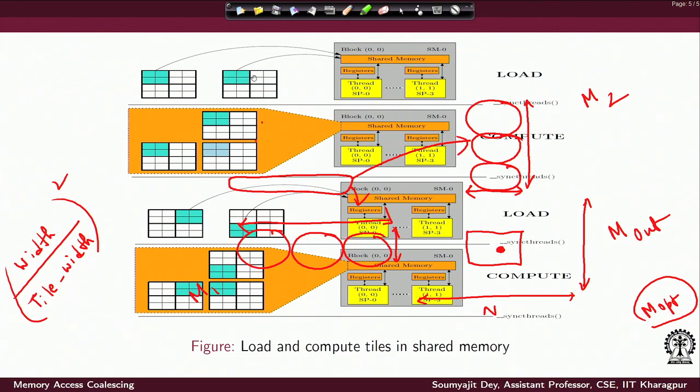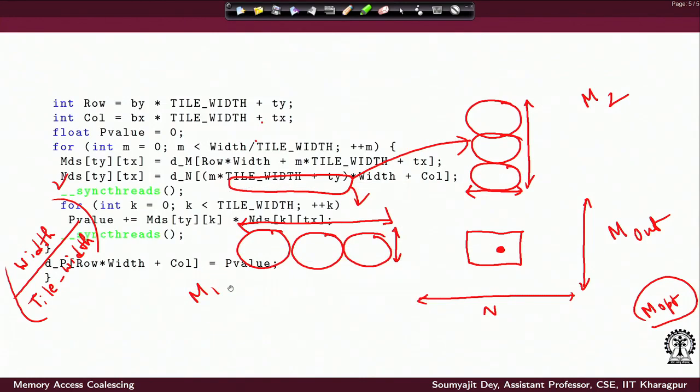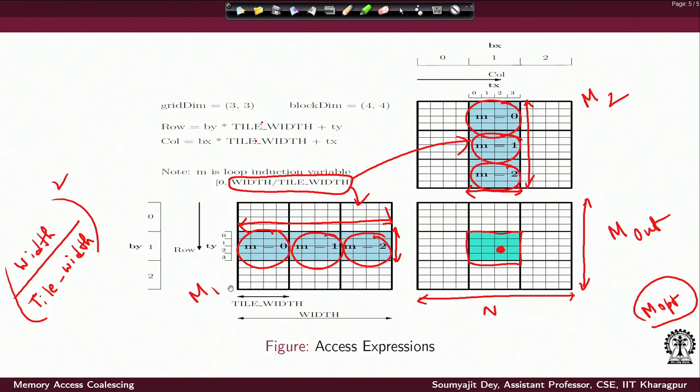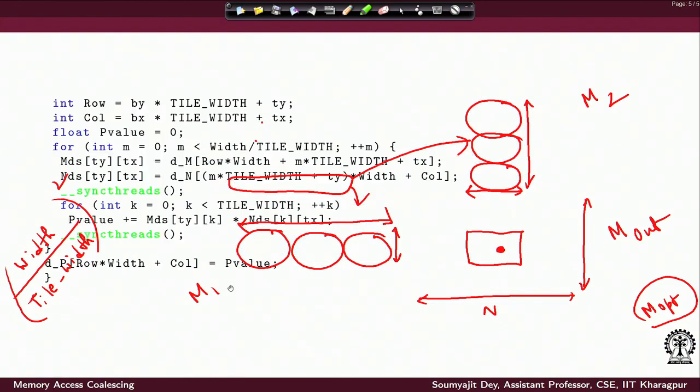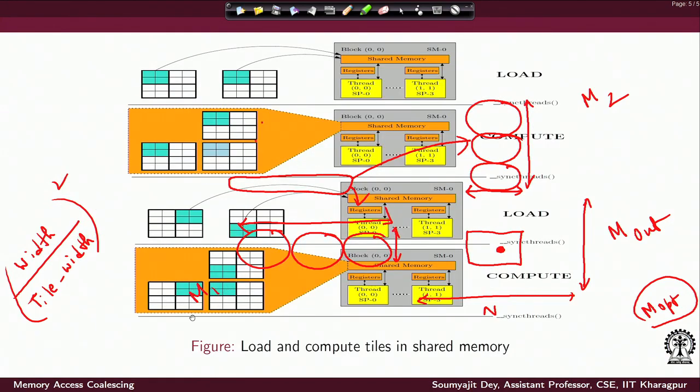So I have loaded these two tiles and made some computation. Then again I have loaded the next tile, this one and this one, they are highlighted here, and again I have done some computation. This picture is shown using a smaller size. Instead of having 3 cross 3 total tiles, for representation purposes I have 2 cross 3 total tiles.